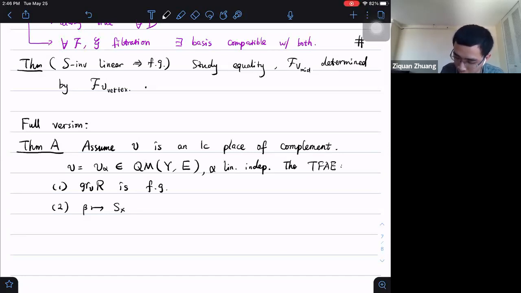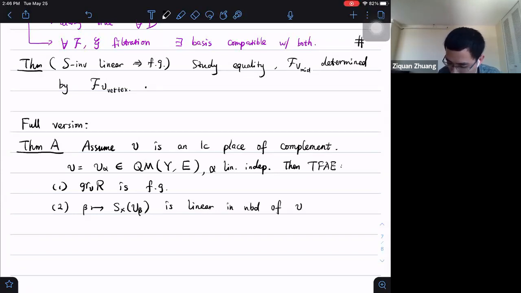Okay, so then the following are equivalent. All right, so let me finish the sentence very well. Okay, so the asymptotic invariant function associated to a weight, to the asymptotic invariant of the quasi-monomial valuation, this is linear in the neighborhood of V alpha. And third,